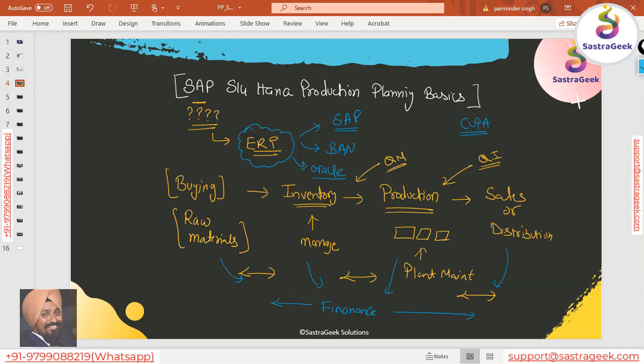Ariba has now been taken over by SAP, so it's part of SAP. Coupa provides some solutions for the sourcing and procurement part. Then Oracle has theirs, and we also have Microsoft MSD. Microsoft Dynamics is also there as an ERP. But these are smaller ERPs, or they provide only a smaller part of it.